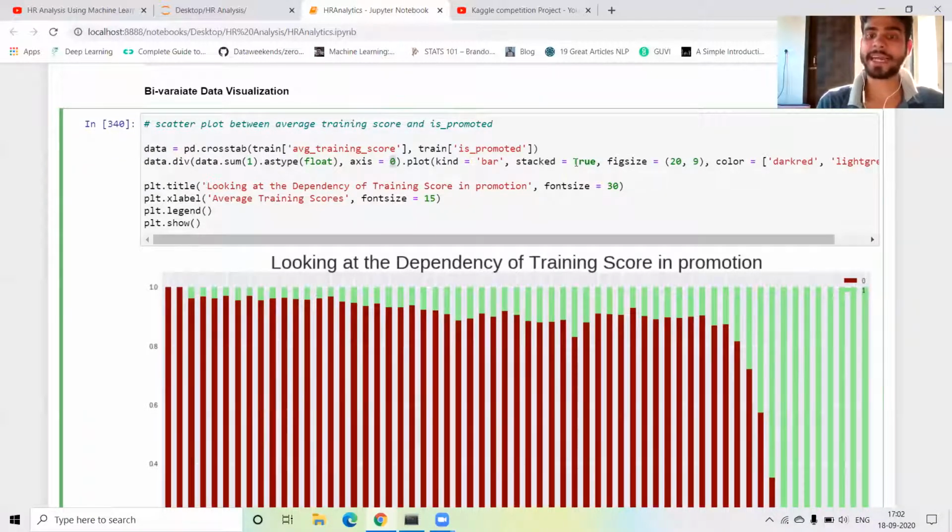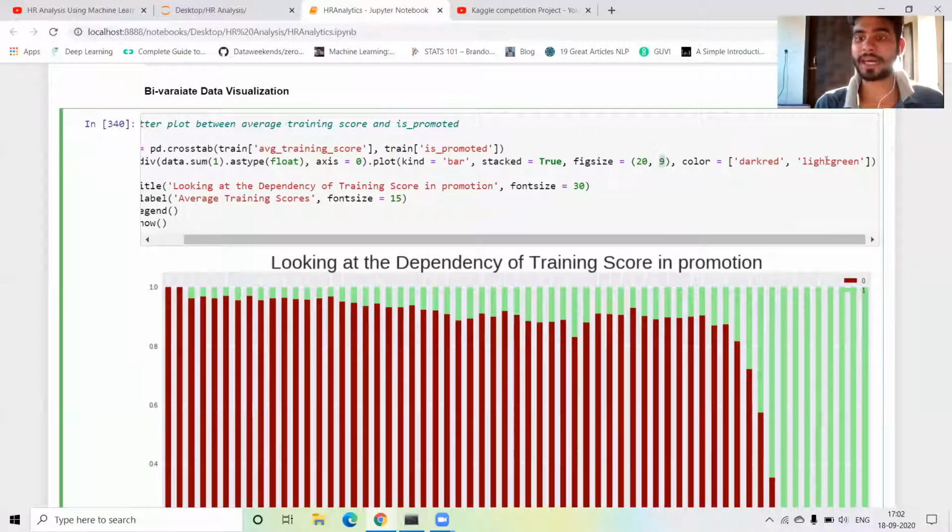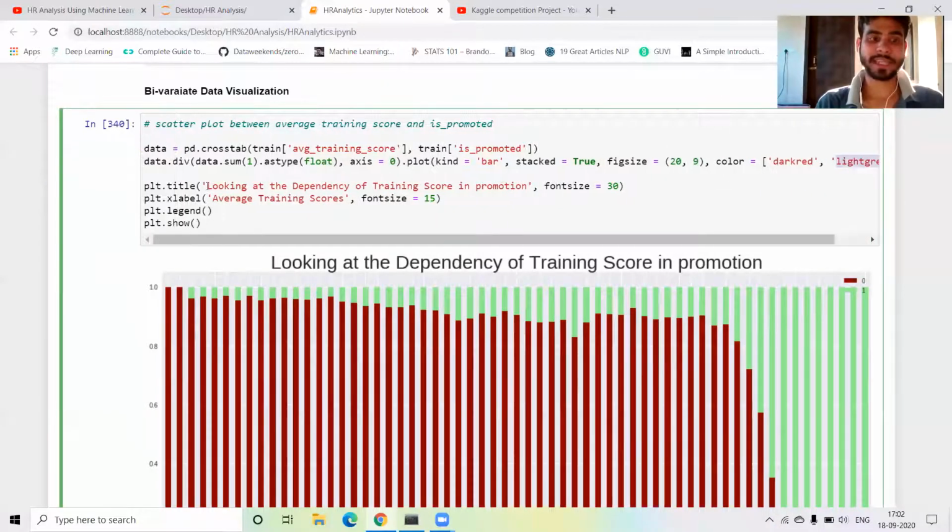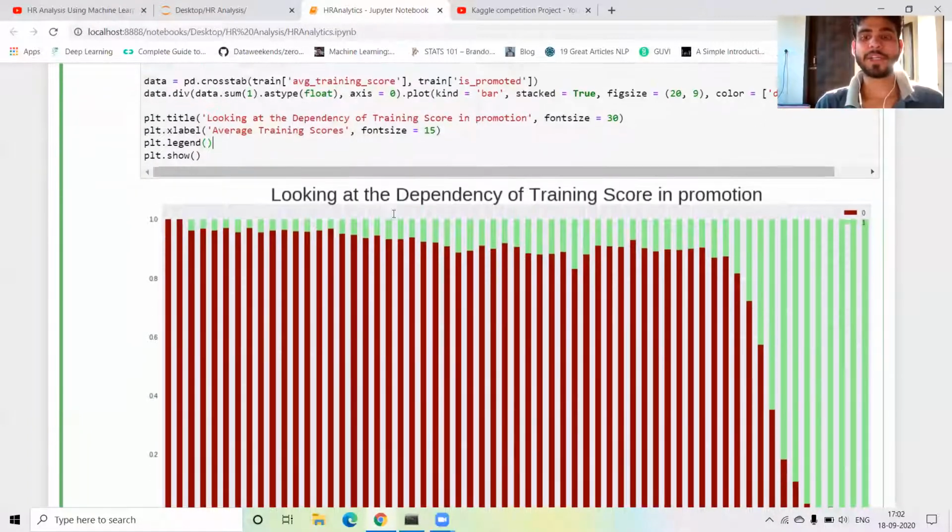Okay, and stacked is equal to True. If you have no idea about this parameter, just search on Google and go to the Matplotlib and Seaborn documentation, and check this parameter. Okay, figure size is equal to 20 and 9, color is equal to dark and light green. Next I just define the title of this chart, xlabel, ylabel and plt.show.